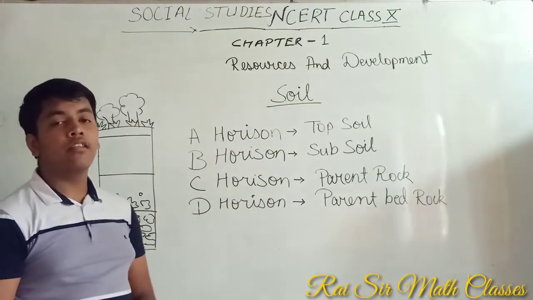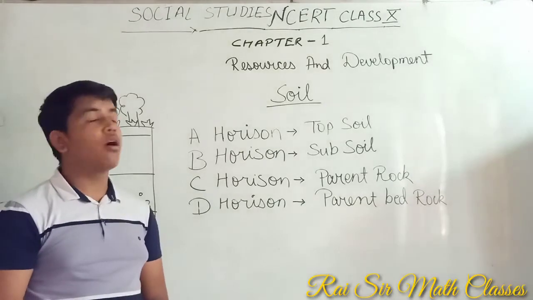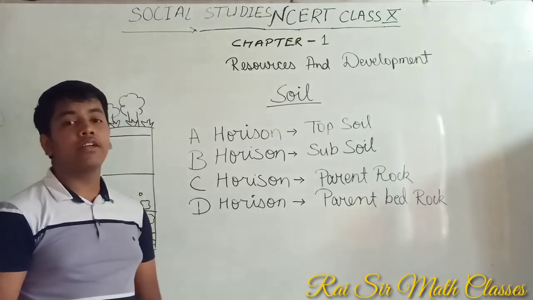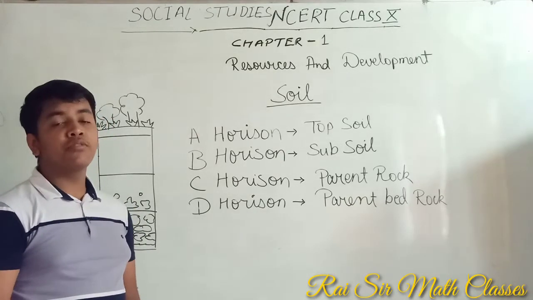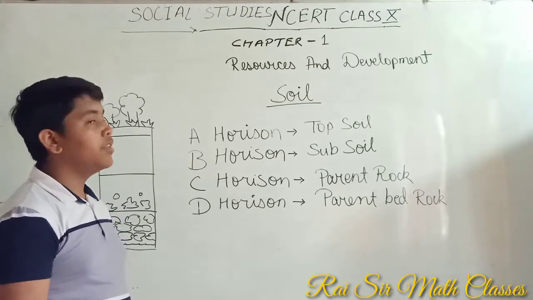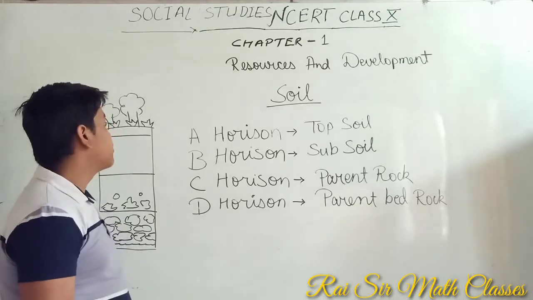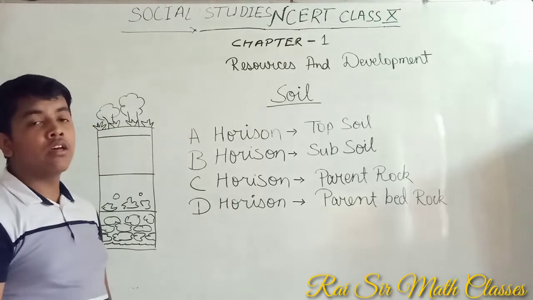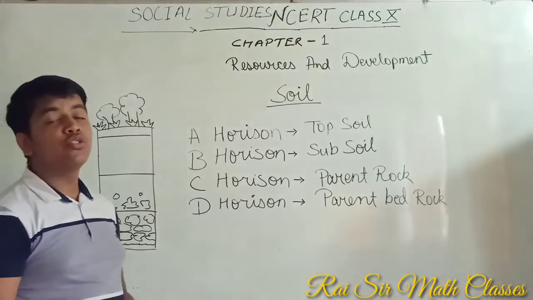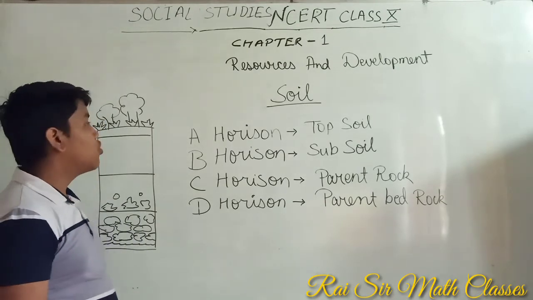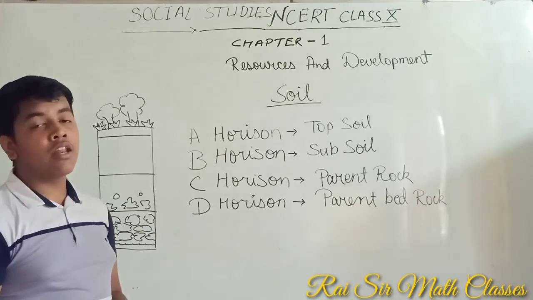Now we have completed our previous topic, that is land as a resource. Now we are going to know what soil is. Soil is a natural thing which helps in the production of crops, fruits or many trees. It is the house of many biotic components. We are going to know the most important topic, that is the soil profile, how the soil is present in nature.